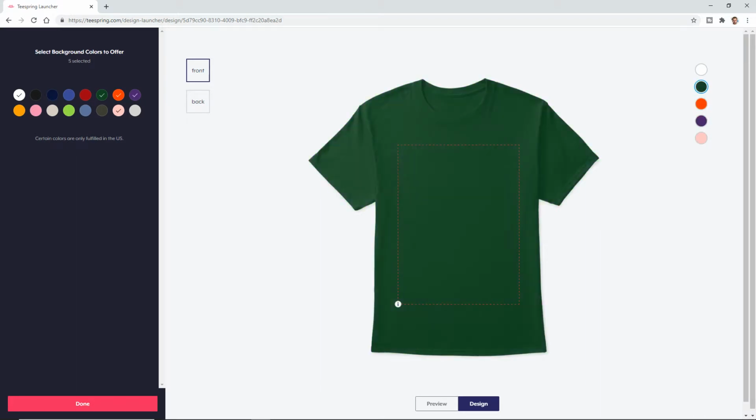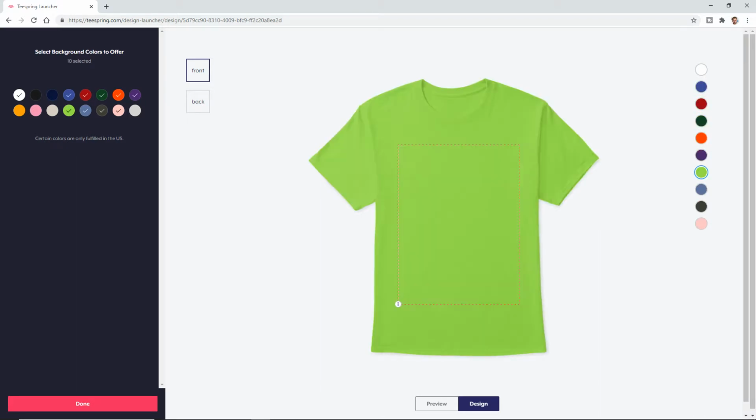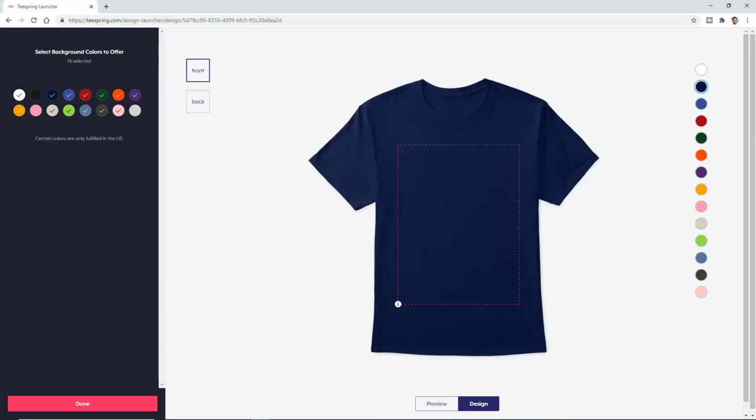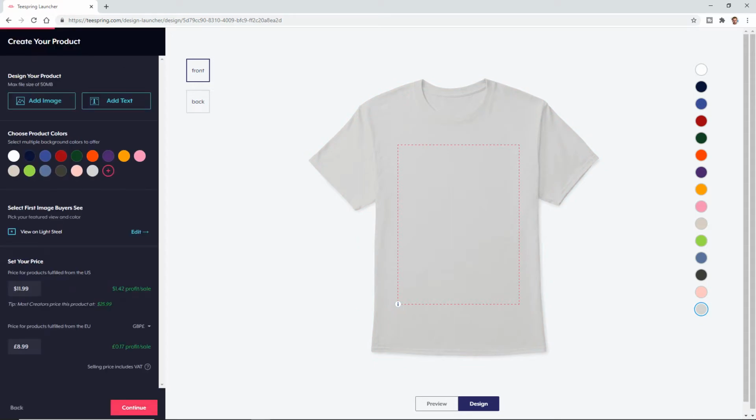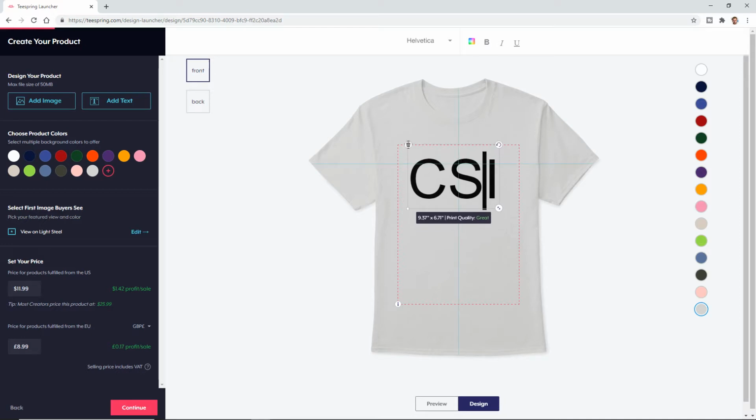So what you do, select the colours that you want for your product. So you have many different colours. Go to text, and you may do something like CSI, and then put it in big letters like that, and then I'm going to place it in the middle as much as I can, add some more text, and then